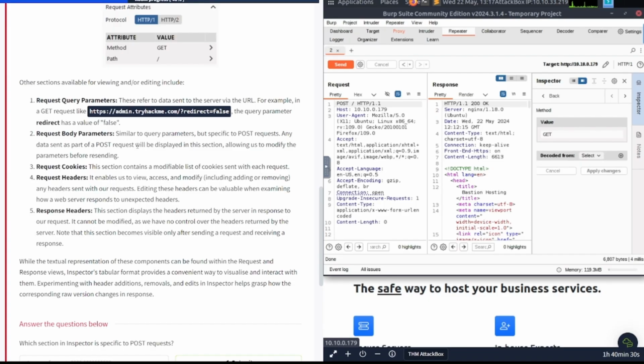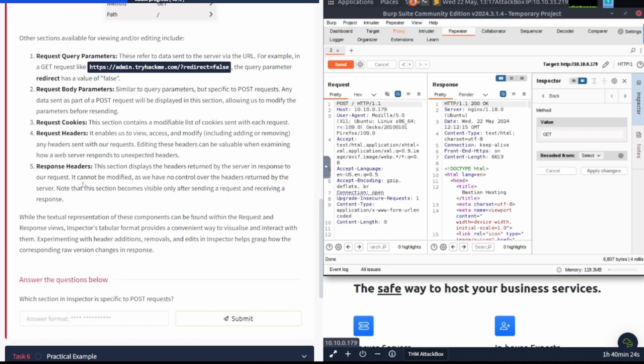2. Request body parameters, similar to query parameters but specific to POST requests. And be sure to read through all these all the way. I'm just going to skim over them. 3. Request cookies. This section contains a modifiable list of cookies sent with each request. 4. Request headers. It enables us to view, access, and modify, including adding or removing, any headers sent with our